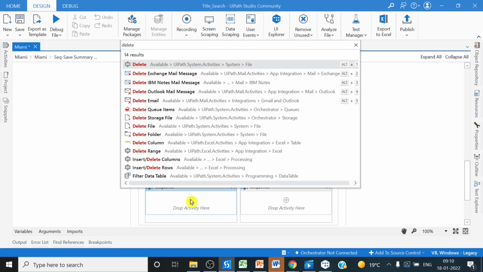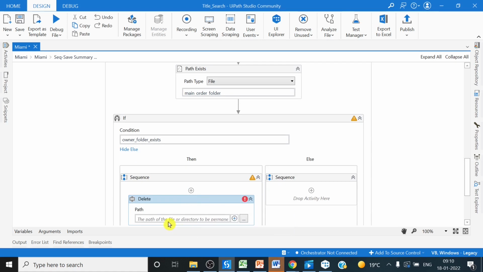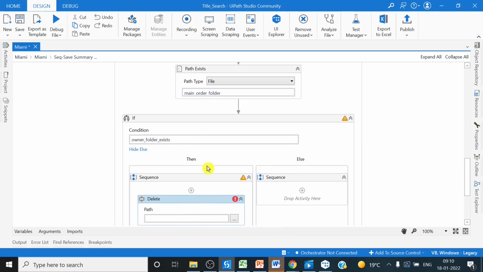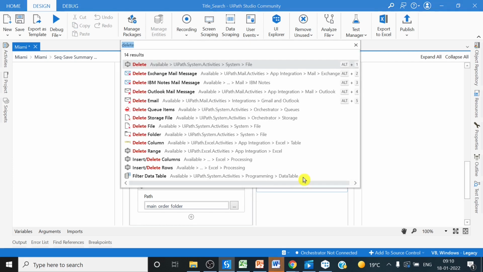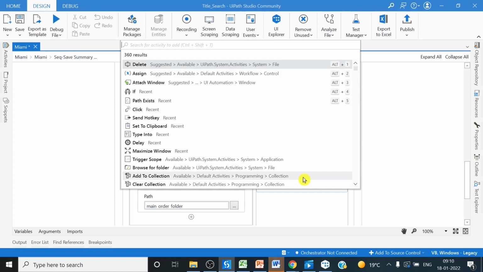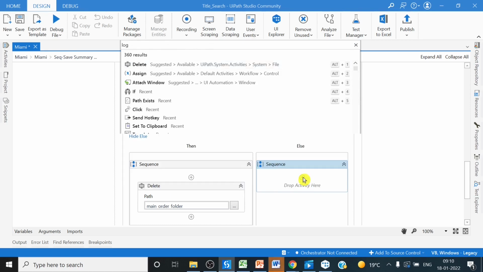Why are we deleting that? We don't want any old file to be there, and the path will be from here, main order folder. All right, let's minimize this. If it does not exist, then I'm just writing this log